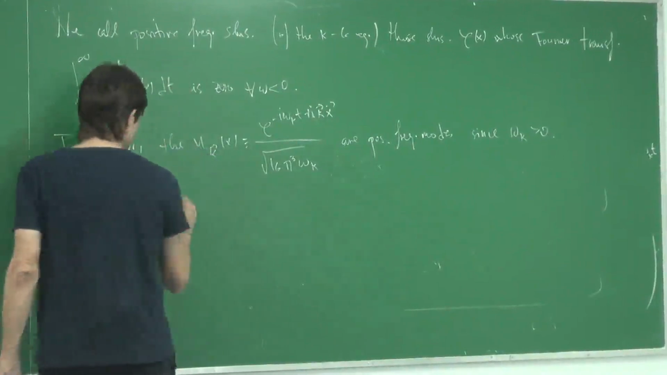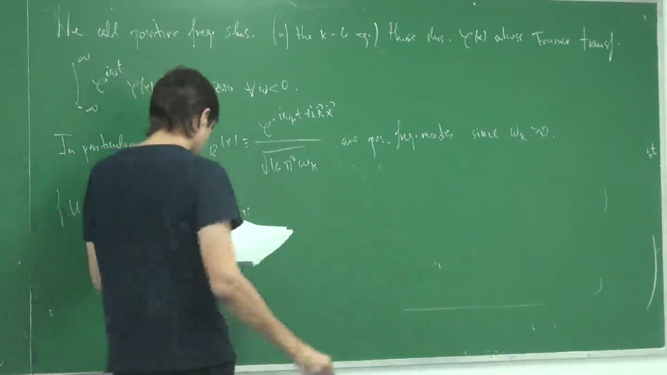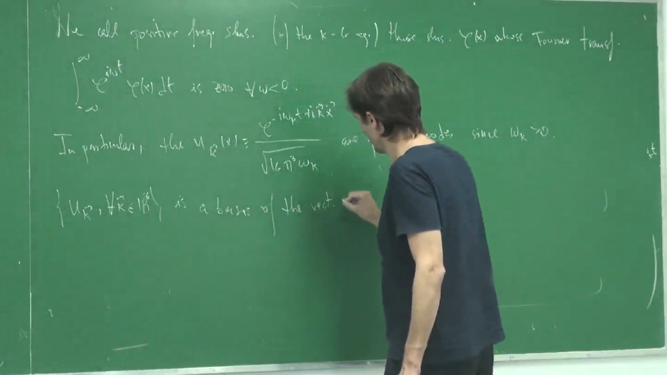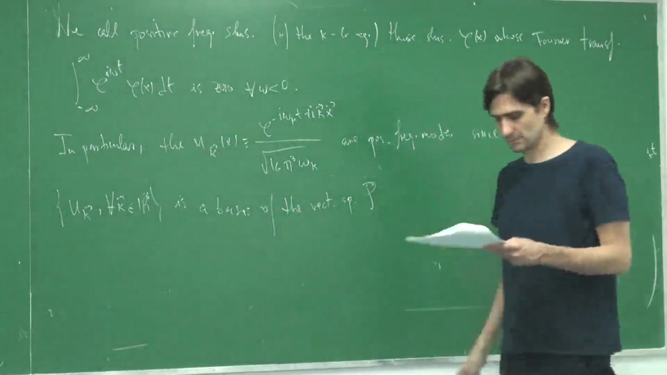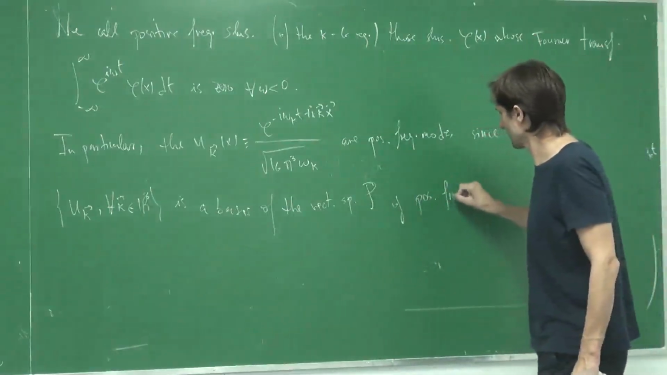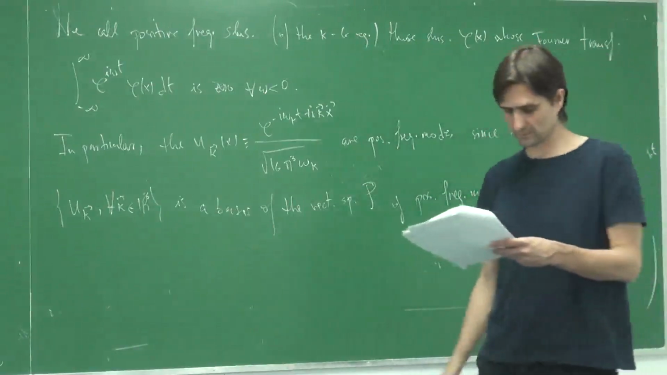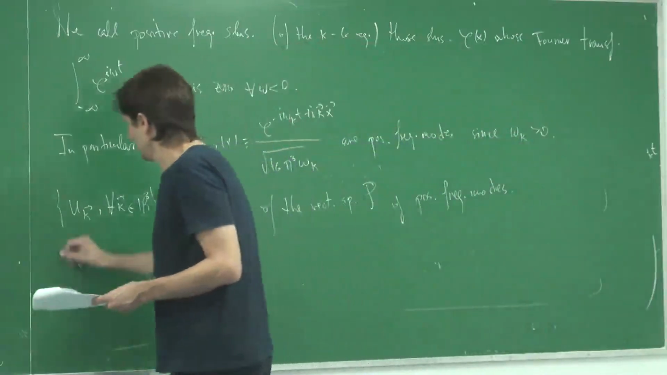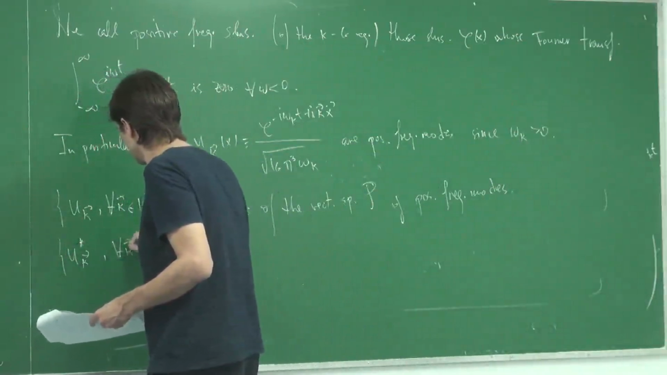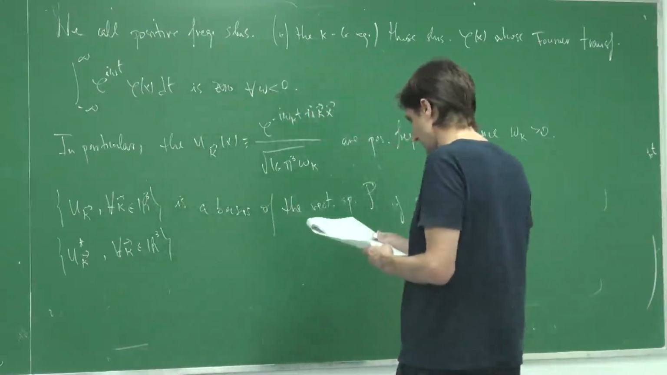So the u_k's, I mentioned this before, are the basis of the vector space, I'll call it P, of positive frequency modes. The u_k stars are the basis